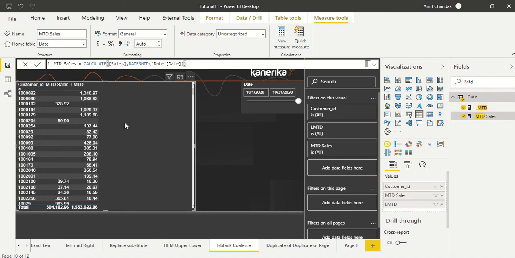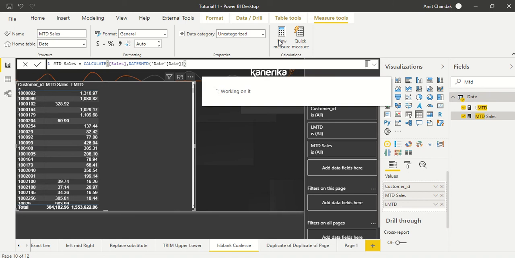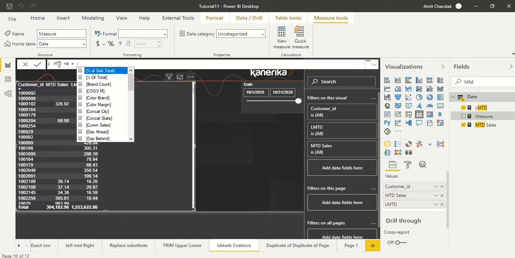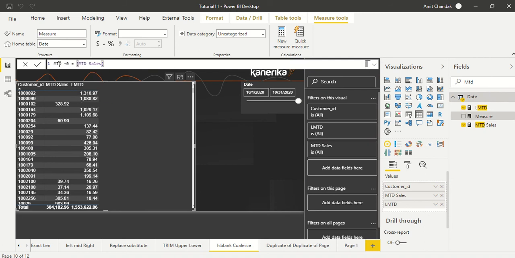Now to do this, let's create a measure and see how we can have zero values, and how these functions can help us. So let's try it out. Let's have the first measure, and then we keep on changing this measure. We call it MTD plus 0. The first thing we can do is very simple, and it is going to create a left join and give us all the values. So I say MTD plus 0, and I'm going to add this MTD plus 0 out here.